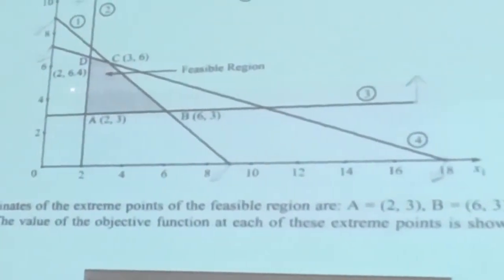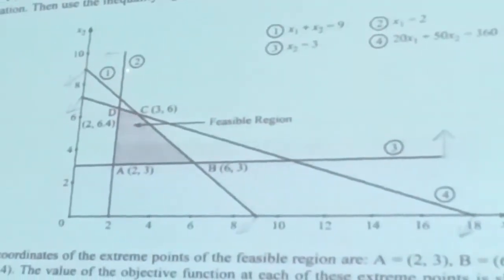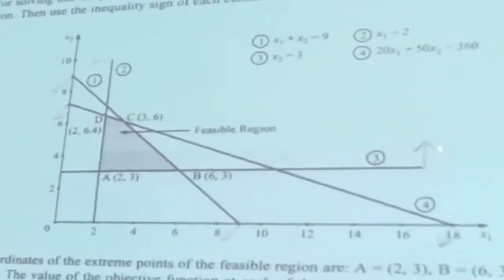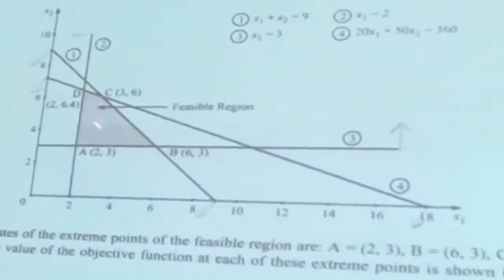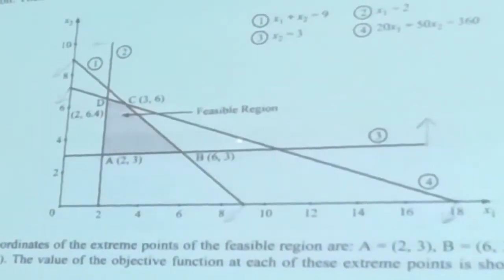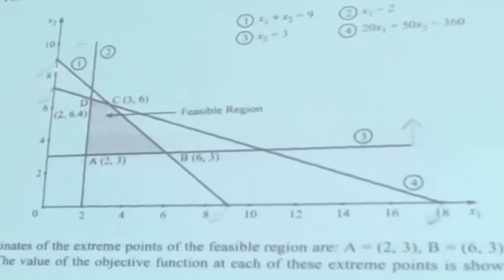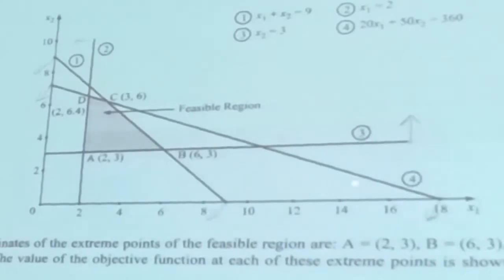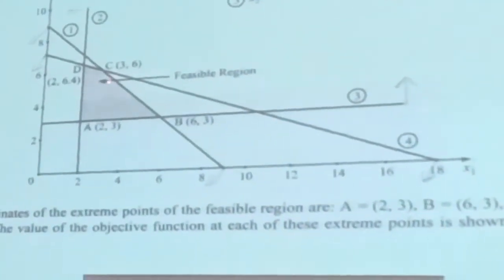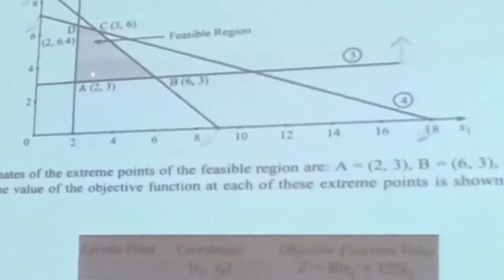So therefore, where is the solution space? Above the second constraint. To the right of second constraint. Above the third constraint. I have shown it by an arrow over here. Then first constraint, it is to the left of it because it's less than. The last line, this is my last line. And what is the constraint? Less than. So that means below this line. Okay. So below this fourth line. So therefore solution space is below. To the right of this, to the top of this, below this. So we have got the space demarked like this.